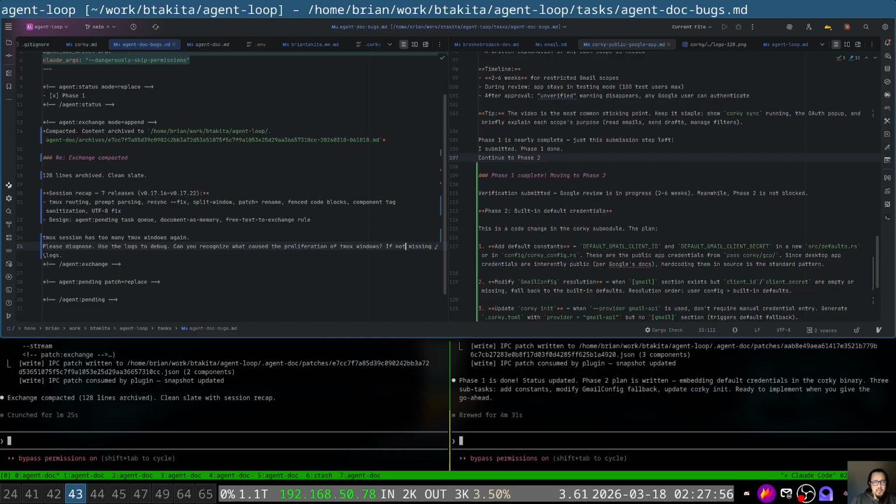If not, add missing logs, add tests to simulate the root cause of the issue of the proliferation of tmux windows, add tests